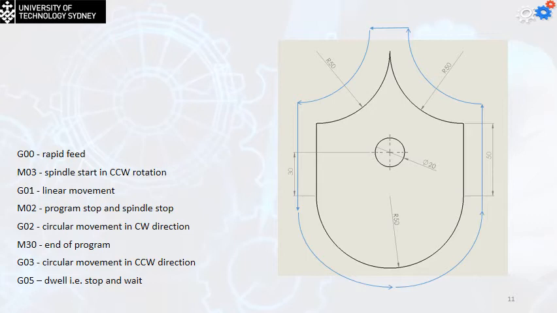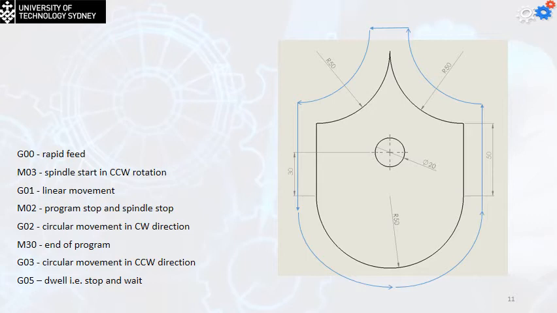G00 is rapid feed. That means we're not going to do any cut. M03 is spindle start in the counterclockwise. G01 is a linear movement with cutting, and M02 is going to be program stop and spindle to be stopped. G02 is a circular movement in the counter